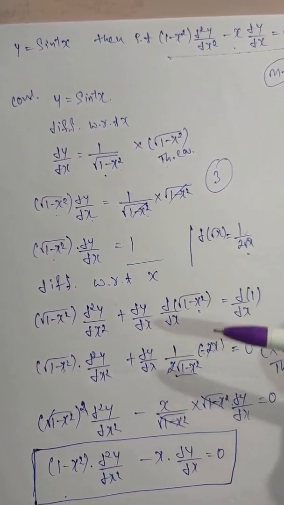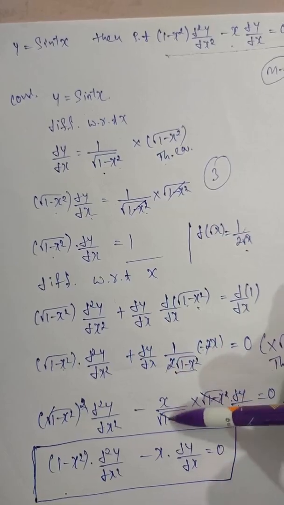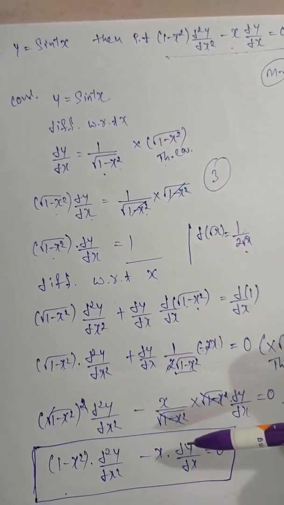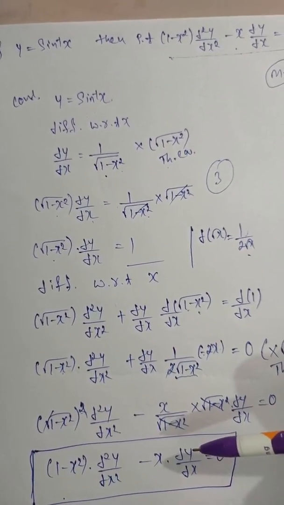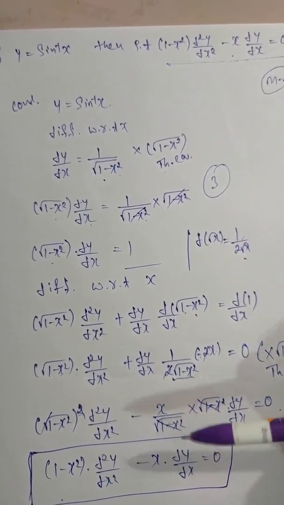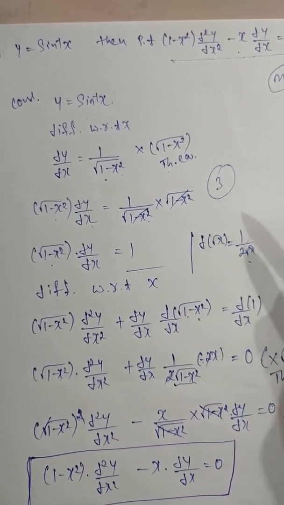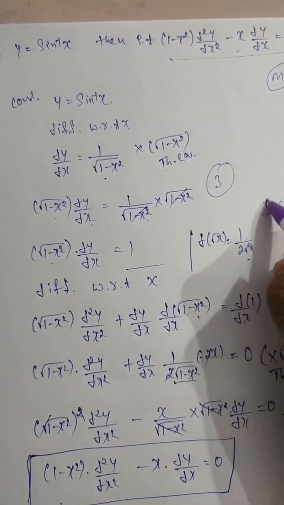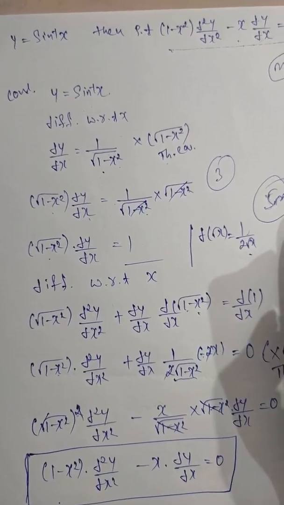Here we have followed 5 steps: 1 step, 2 step, 3 step, 4 step, 5 step. The final answer will get 5 marks for 5 steps. Very easy. Don't miss this problem for your main exam. So in the next class, in the next video, I will do a very important 5 marks problem. It's the same concept, same type of problems. So don't miss the classes.